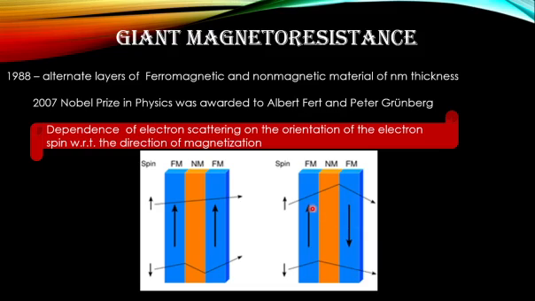And in this case, there are alternate layers of ferromagnetic materials and non-magnetic material, but the alignment of magnetization is just opposite to each other. Which means if it is upspin or downspin, both the electrons will feel a scattering. Why? If the upspin electron enters this region, the alignment is the same, so no scattering occurs.